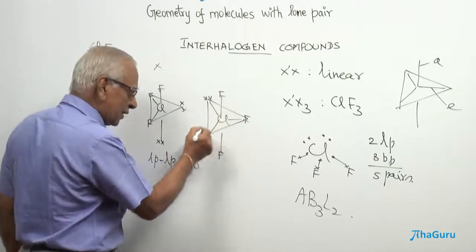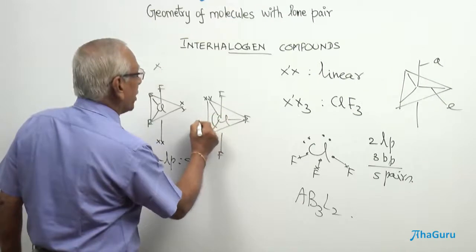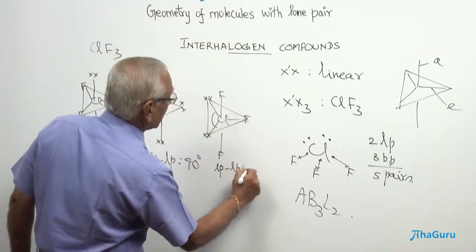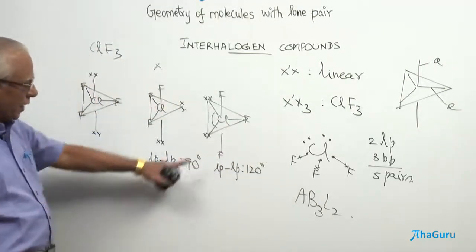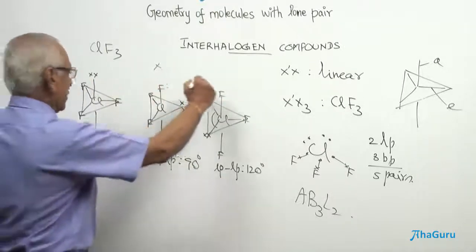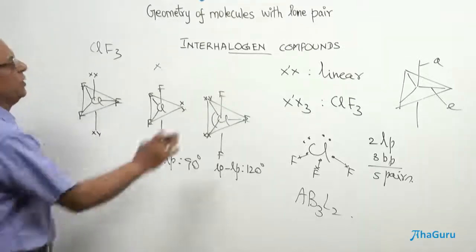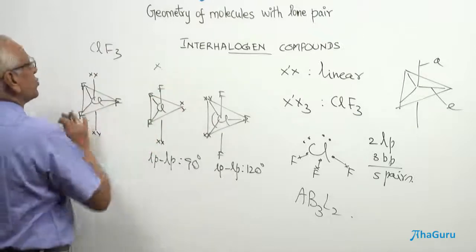Any angle other than 90 is stable. The angle between the lone pairs is going to be 120, and definitely the repulsion is much less. At 120 there is no repulsion. Therefore, this can be taken. And obviously, this is going to be 180. So there is no repulsion at 120. One of these two structures is possible.